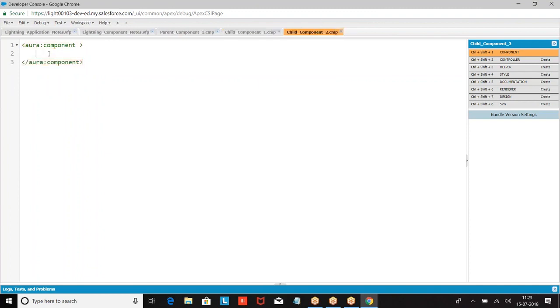Then we had component 2. Some data I give.